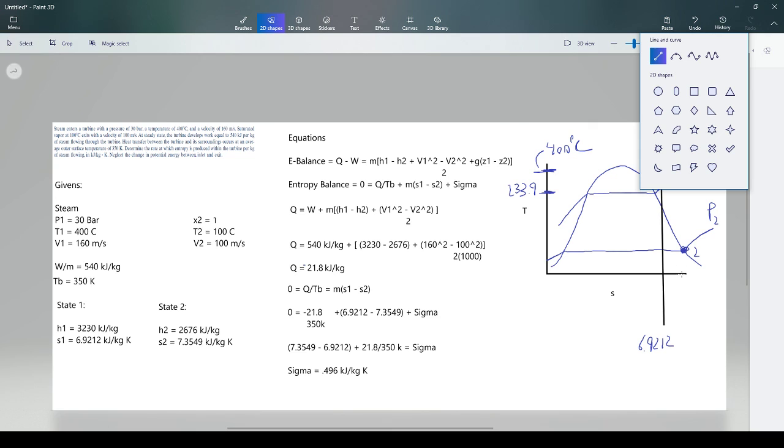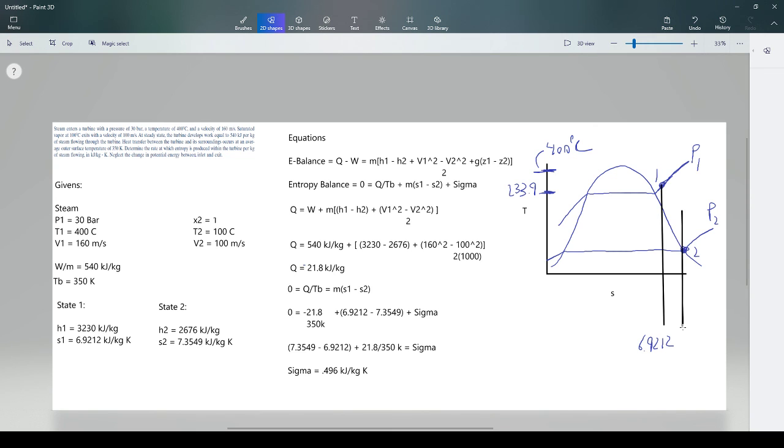And now, where would we draw this one? Well, you would say right here. So that is the second line of where the entropy is, all the way up, right on there. And what we get out of this is 7.355. So really quickly, was this process isentropic?